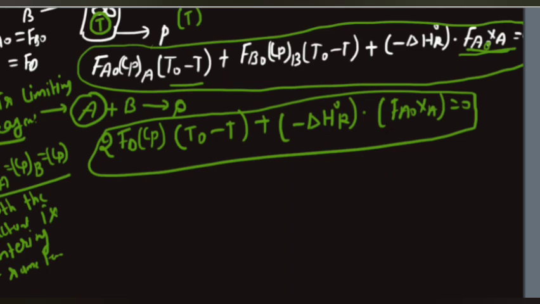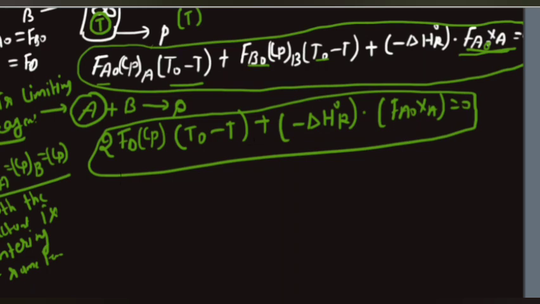Because there are so many approximations, if you apply your mind, you can make the calculation very short. That depends on whether you use your mind or not. If the reactants enter at the same temperature, if the heat capacity of both reactants is the same, and if the molar flow rate of both reactants is the same, then you don't need to do anything more here. Otherwise, if everything is different, FB naught is given, FA naught is given, Cp of A and Cp of B are given, and reactant A enters at T naught while reactant B may enter at a different temperature, then you need to substitute that here, and after that you calculate.